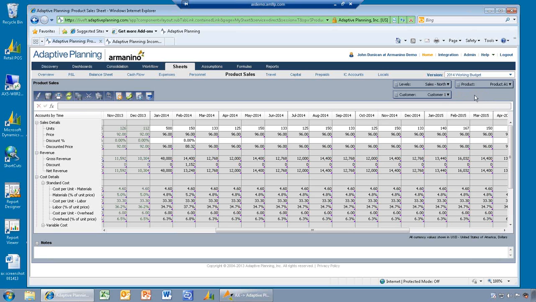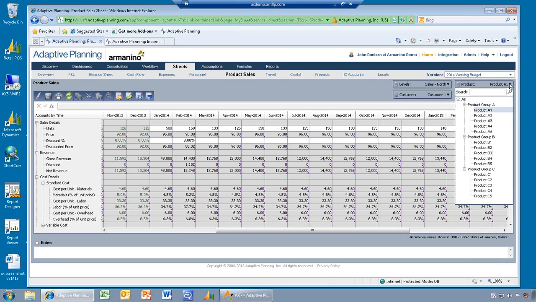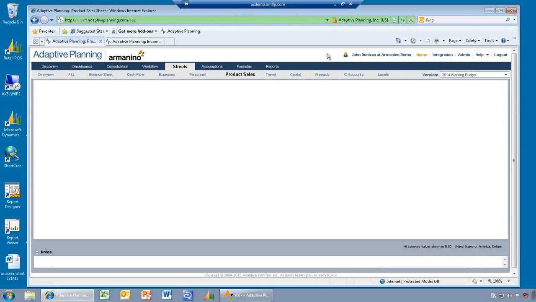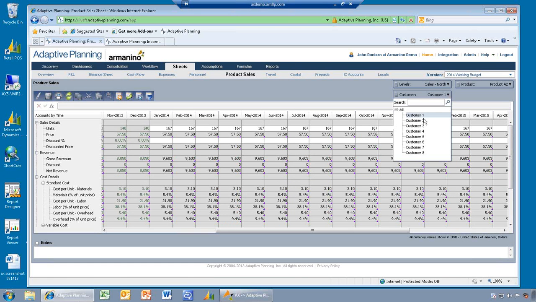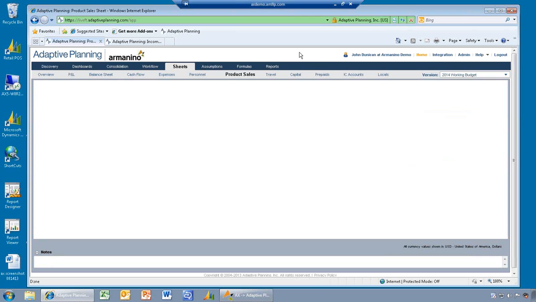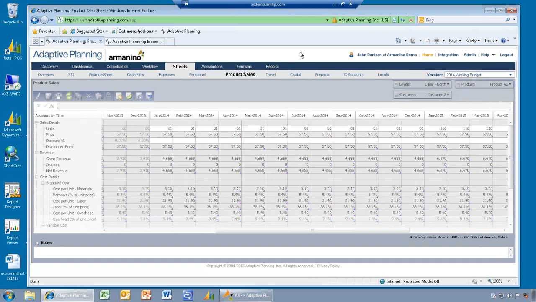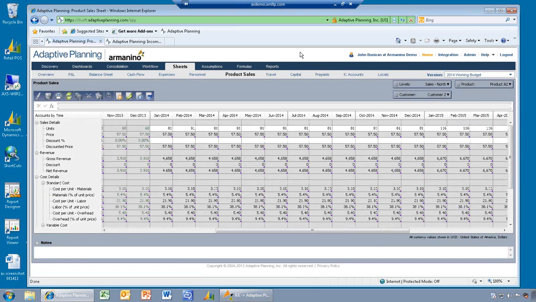And for some reason, I apologize, my screen is frozen. There we go. You can do all the different product types. Instead of doing product 1, you can click product 2, and you can look at a different product, and you can plan at the detailed product level. You can plan units and discounts as appropriate. You can plan by customer. So it gives you a tremendous amount of flexibility to plan, in this case, detailed product sales,